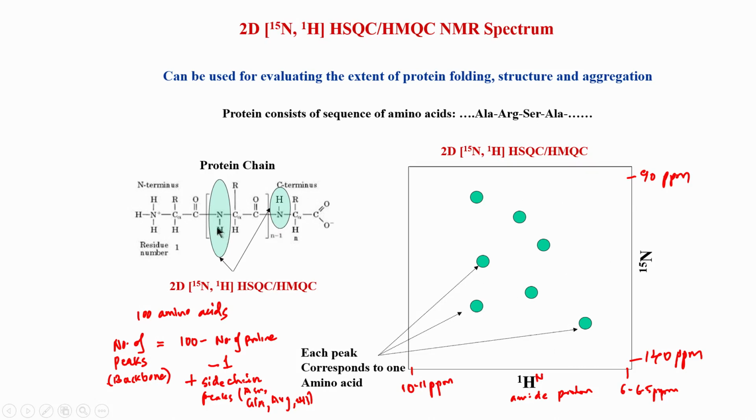Remember, this is a labile proton. Although we say it is involved in hydrogen bonds, many of the hydrogens in the loop regions might be exposed to solvent, and therefore they might get exchanged with the solvent very rapidly, and because of that exchange they do not appear in the spectrum. So, instead of the ideally expected 94, for example, let us say I have 5 prolines, I expect 94 peaks, I may not get 94, I may get somewhere around 90 or maybe even 85.